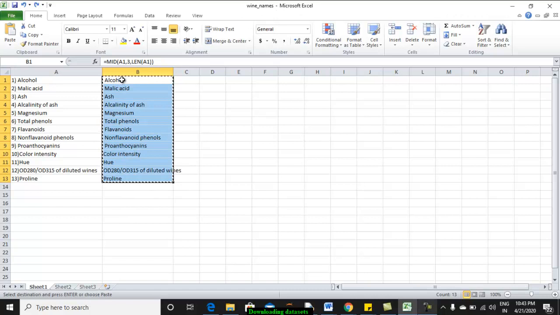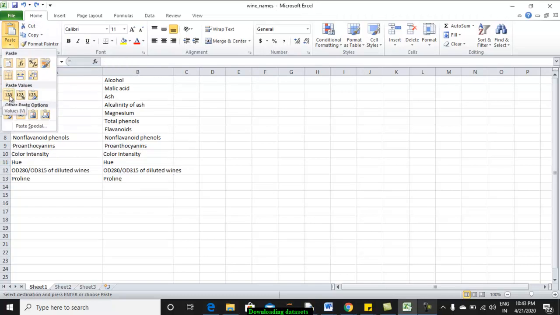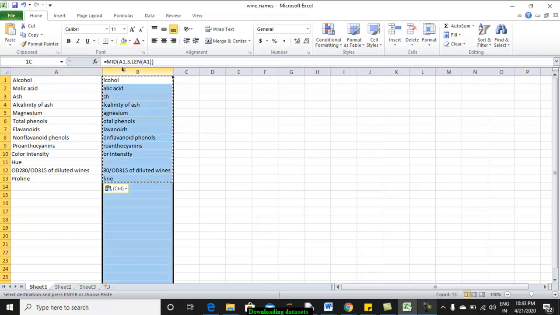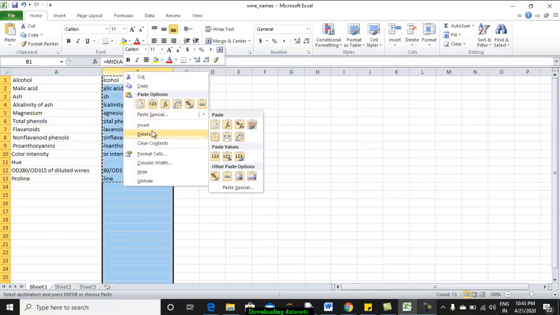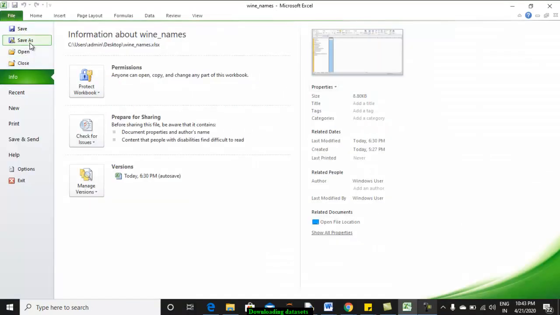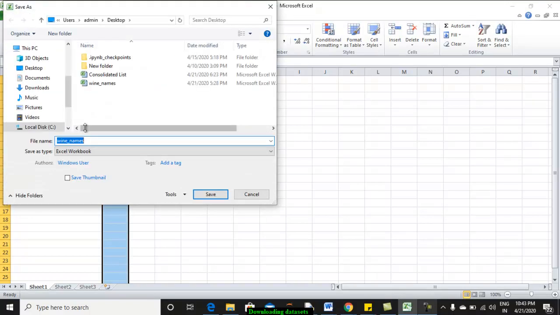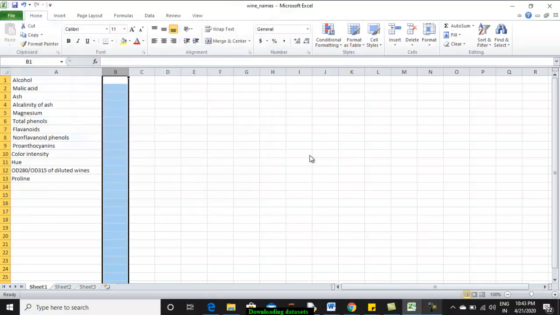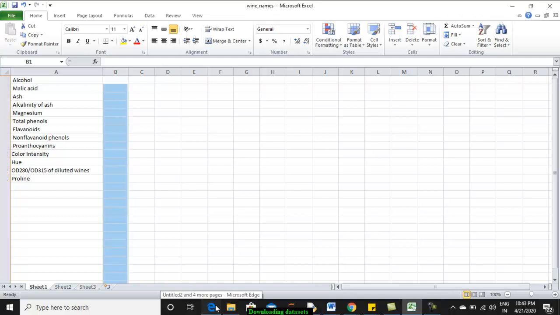Okay, now copy all the values that we have computed and paste them on the first column, paste as values, so that if you click, the formula should not appear, rather the text should appear. Now the second column is not required, you can delete it, and now store this file with a name and an extension. You can either store it as a CSV file or as an Excel file. I am storing it as an Excel file so that we can see how it could also be opened.